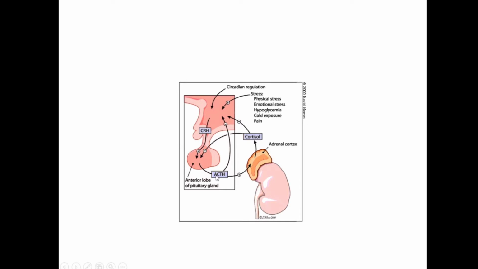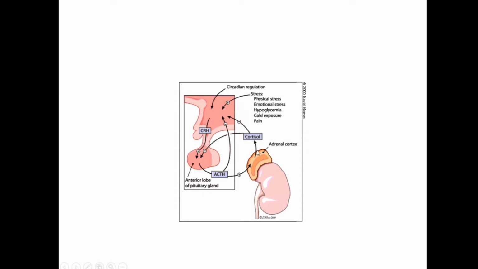Corticotrophin is the other name given to adrenocorticotrophic hormone. So corticotrophin releasing hormone, or ACTH releasing hormone, is secreted by the hypothalamus. This will stimulate the anterior pituitary gland to secrete ACTH, and ACTH will stimulate the adrenal gland to secrete